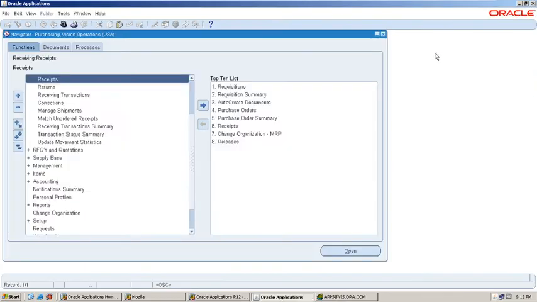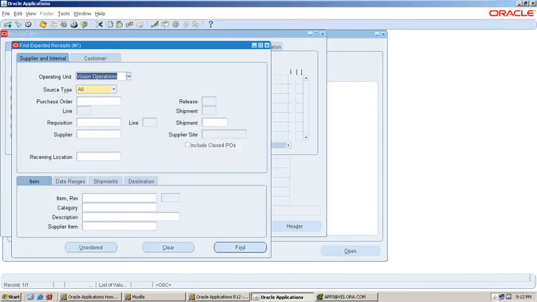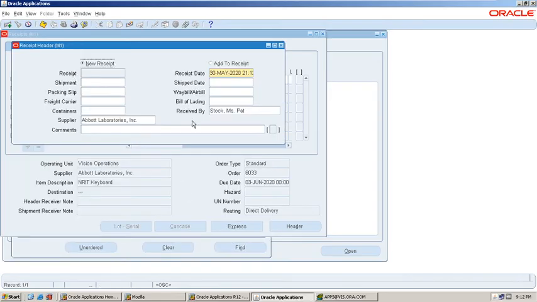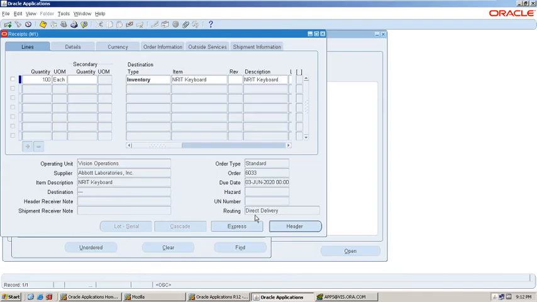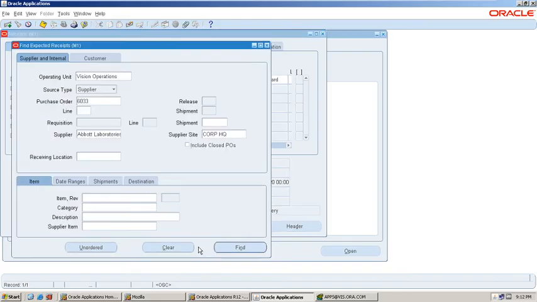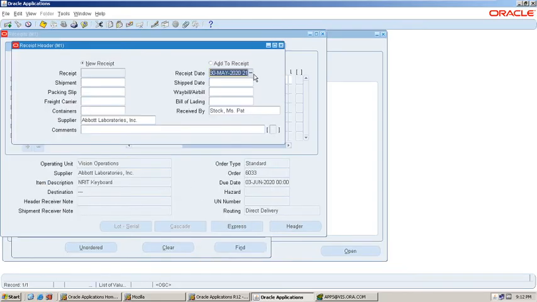Better, we can create a back dated receipt. We will try later. Here, what is the purchase order number? 6033. What is the supplier site? Corp. Find, and then the receipt date.